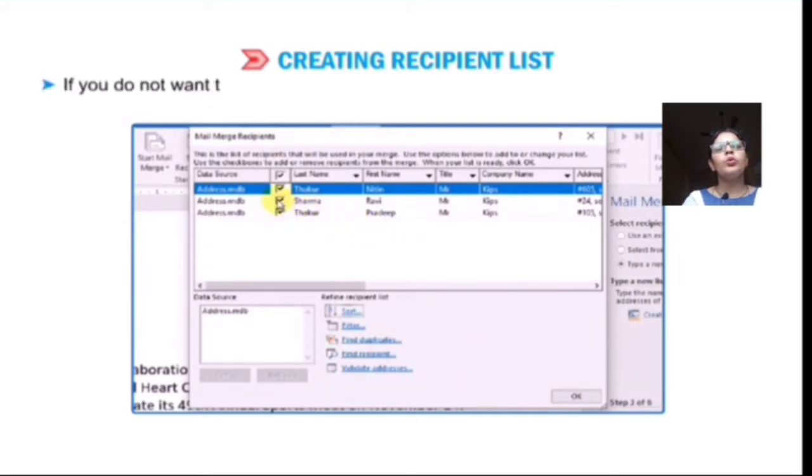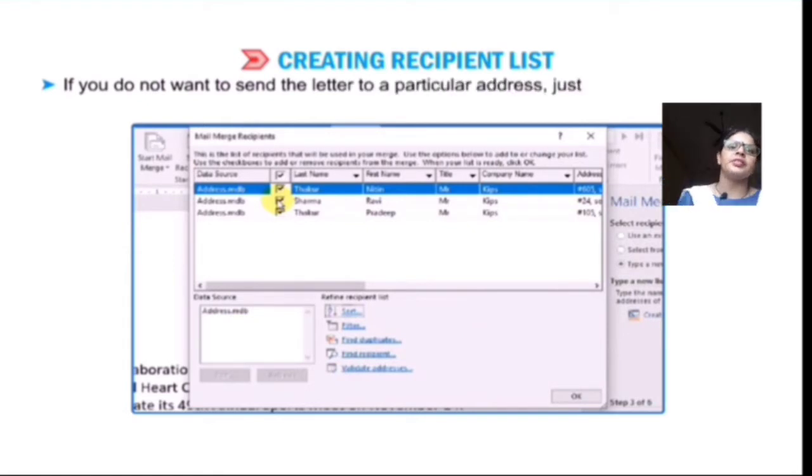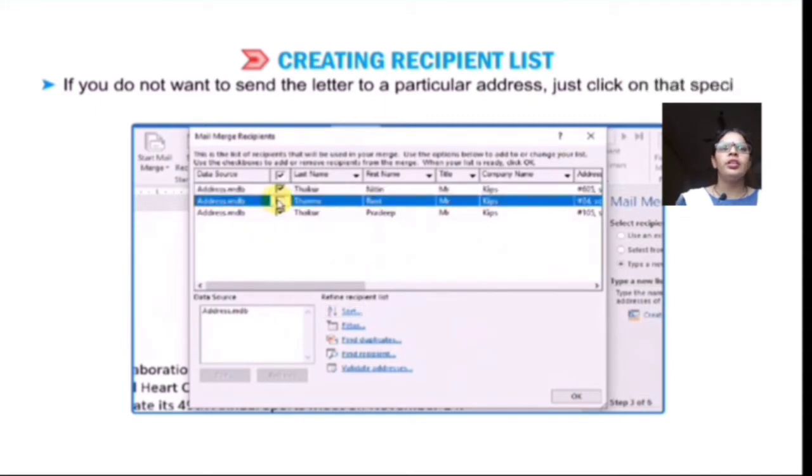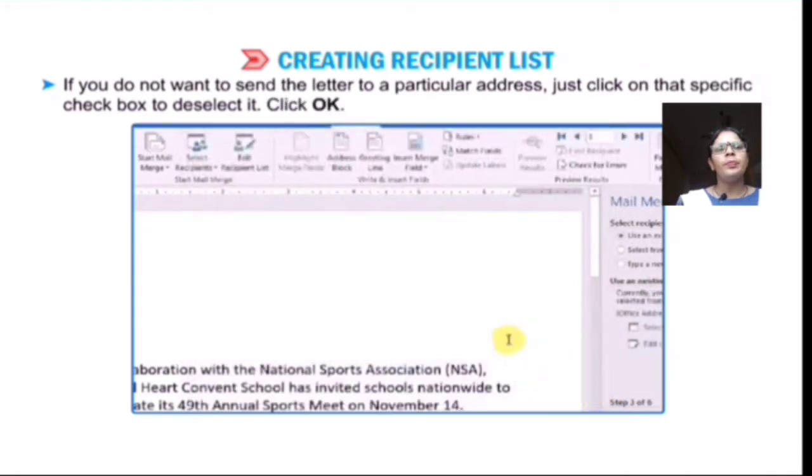If you do not want to send the letter to a particular address, just click that specific checkbox to deselect it. Click OK.